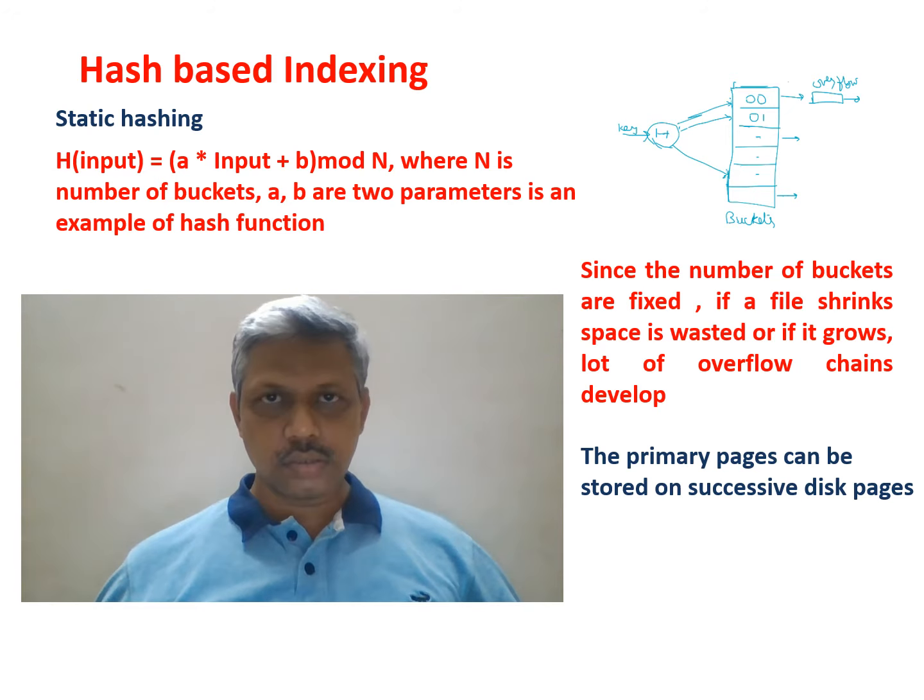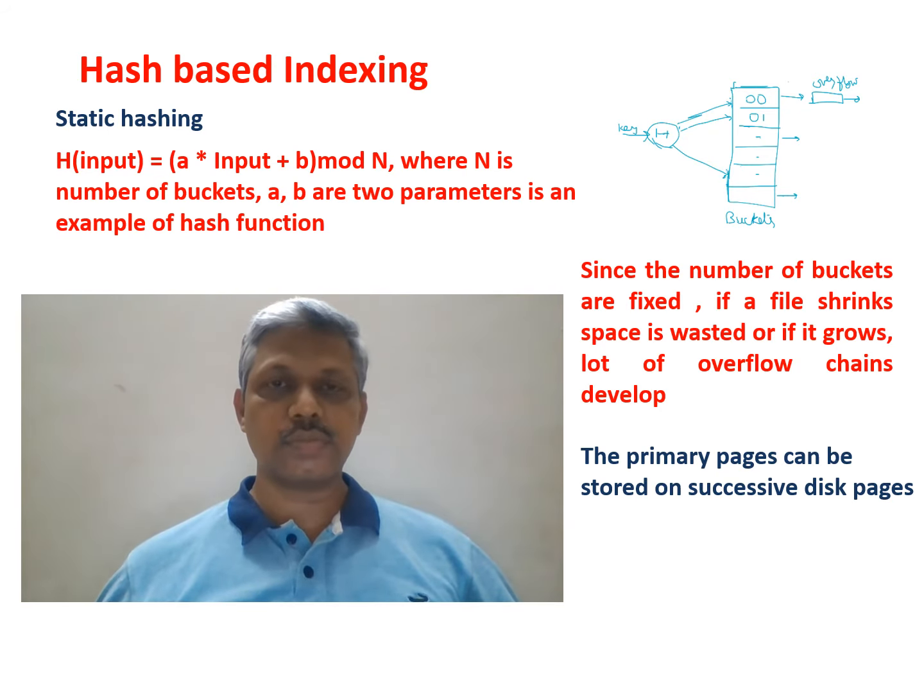Depending on the capacity of the page of that bucket, the number of records or indexes it can hold, what happens once it is filled? If another attribute value is computed and it has to go into the same bucket, but that page is now full with indexes of other records,